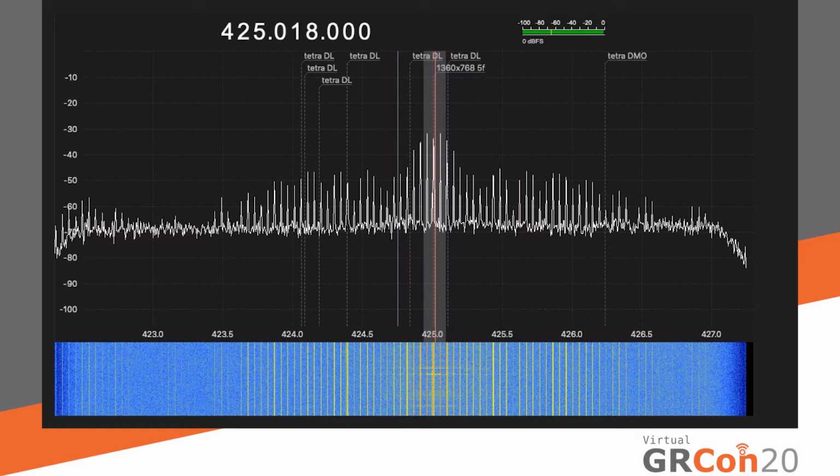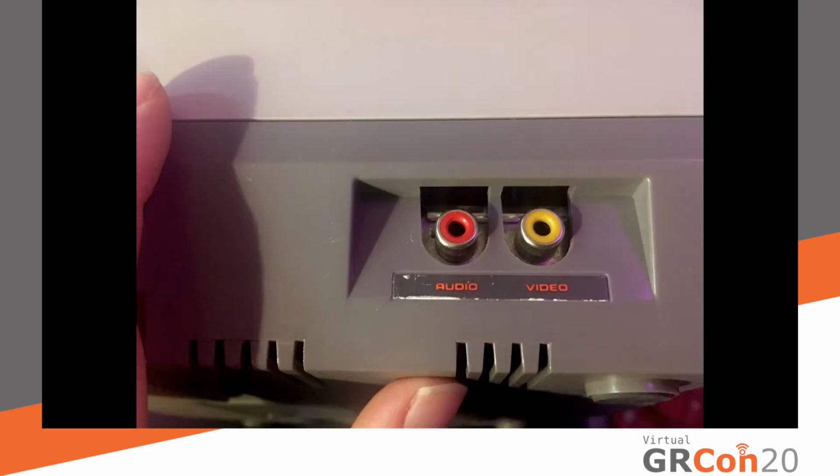Now, I'll explain what I mean. When I was a child, I used to play the 8-bit NES a lot, and the NES has a video output and an audio output, but the outputs are using a similar kind of plug. So it's very easy to mistake the video output for the audio output.